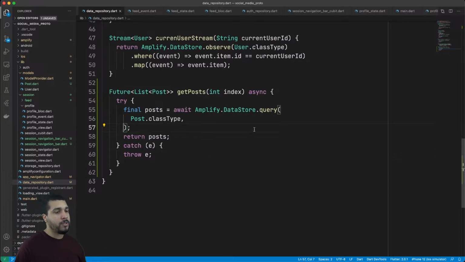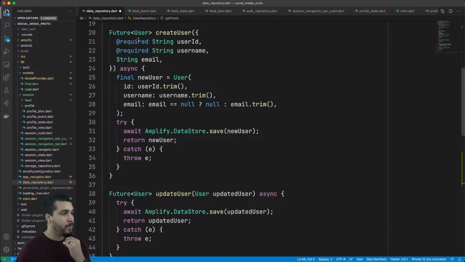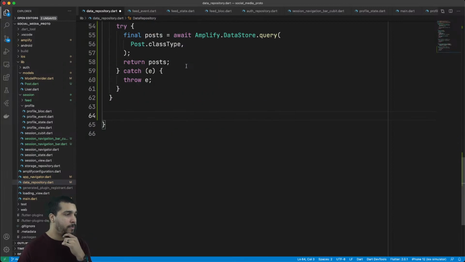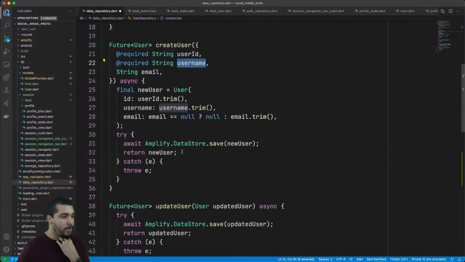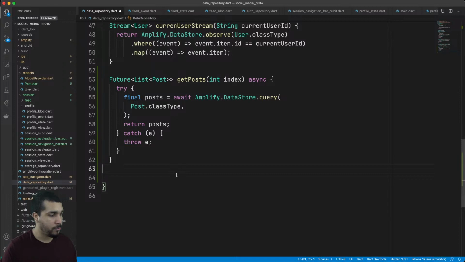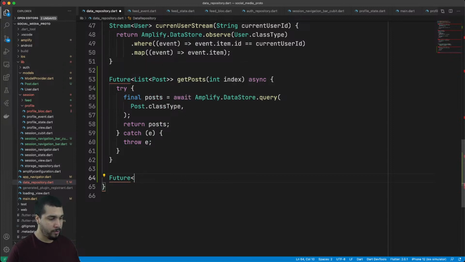We'll get all the posts. We won't paginate it for now because we don't even have any. And then we also need to be able to create a post, right? So when we created a user, we're passing in specific things. When we create a user, we're not creating the user outside. We're creating it by passing in specific values, and then it spits out a user. So we can do something very similar to future, and it's going to return not a user, but a post. If we want that, which I don't think we are, but create